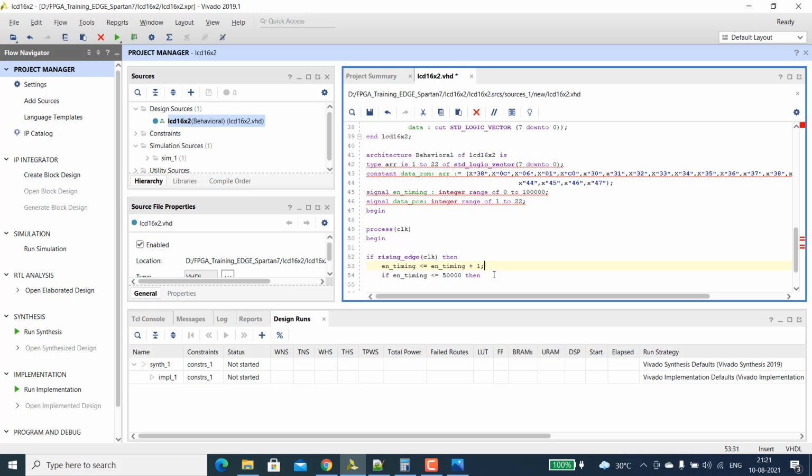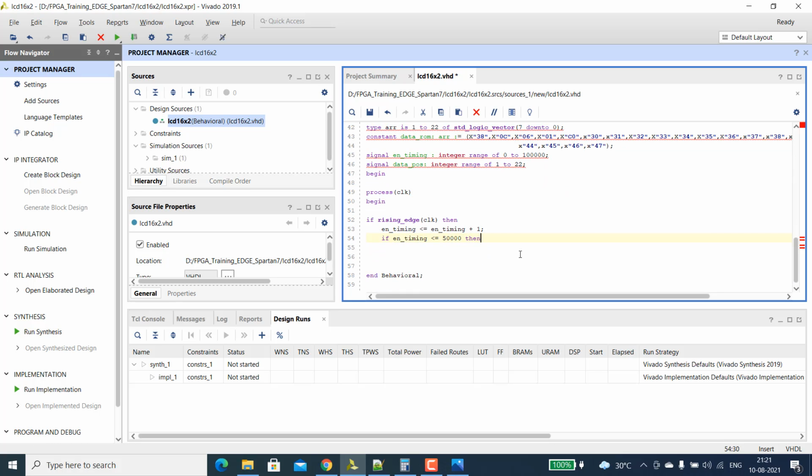Okay, so if it is less than or equal to this time, then LCD enable should be 1. So we are enabling the LCD and sending some data. The data will be assigned from data ROM.